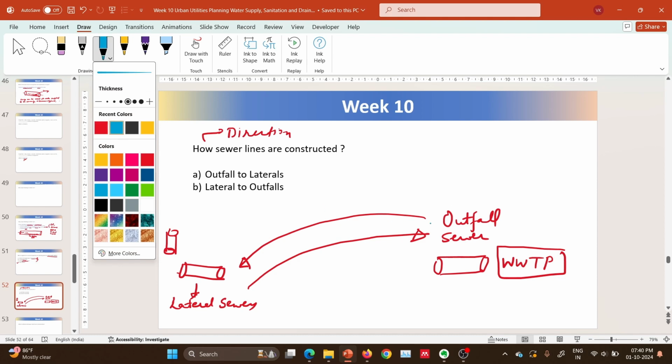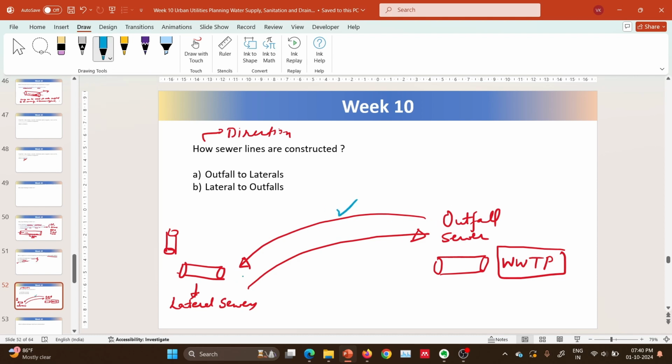We generally construct from outfall to lateral because if we start constructing from outfall to lateral, we can utilize the sewers for discharging the sewage